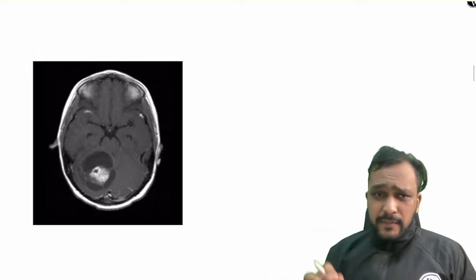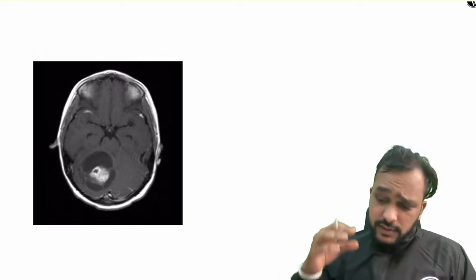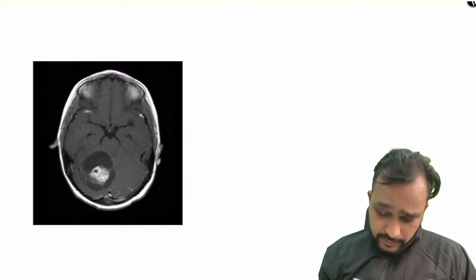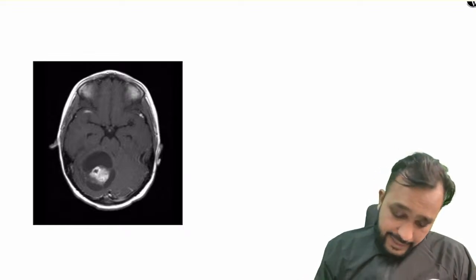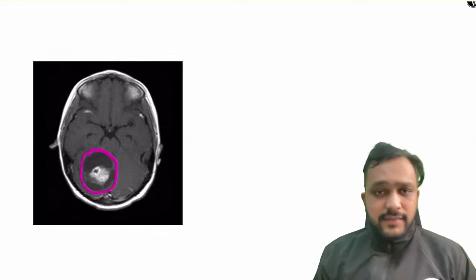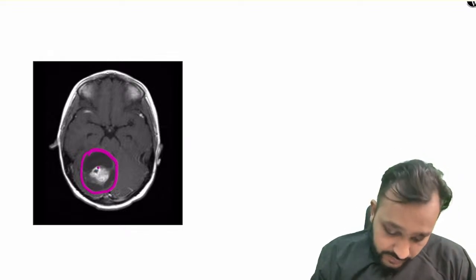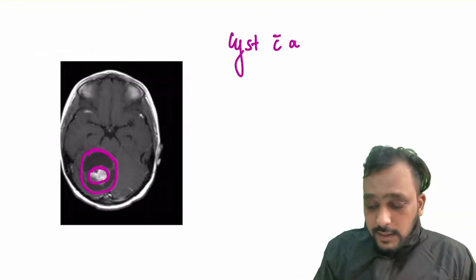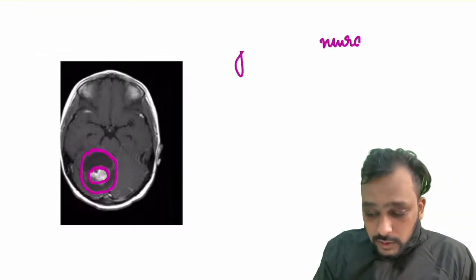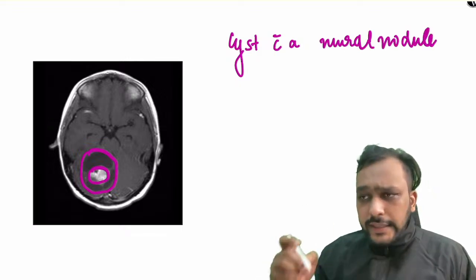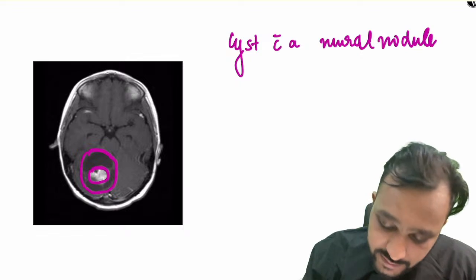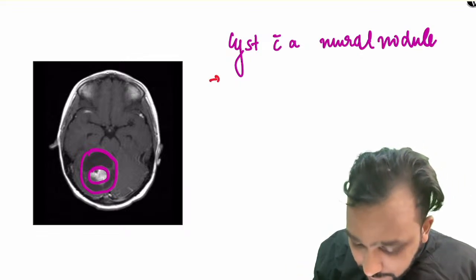Now another very important image that is important for you to remember. So these are the post contrast images, and on these post contrast images we can see that there is a cyst, and within the cyst there is an enhancing solid component. So this is a cyst with a mural nodule tumor, and we have to know what are the important differential diagnoses for this case. This includes